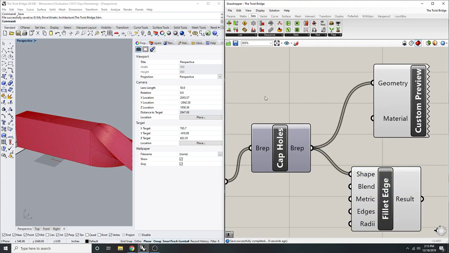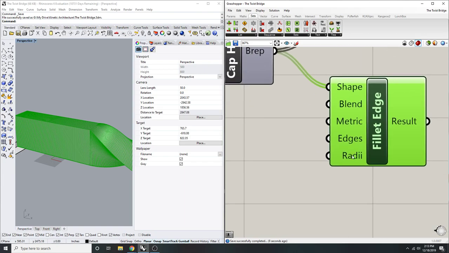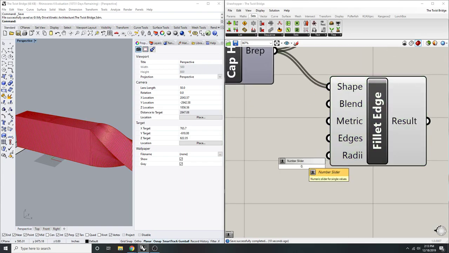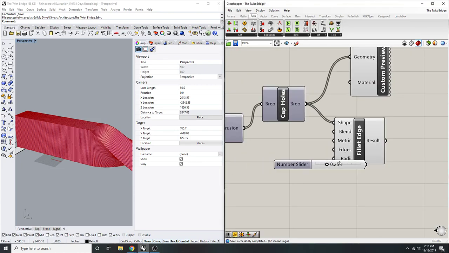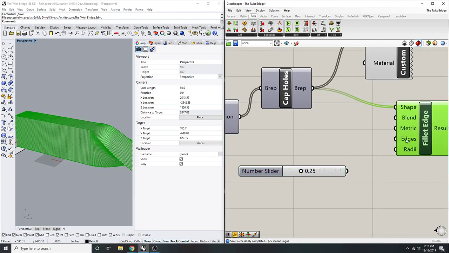Now before I do this, I'm going to save. Shape, metric, edge radii. Probably like 0.25, something super small. The shape to fillet, blend mode fillet, metric rolling ball, edges to. And nice. So if I do a